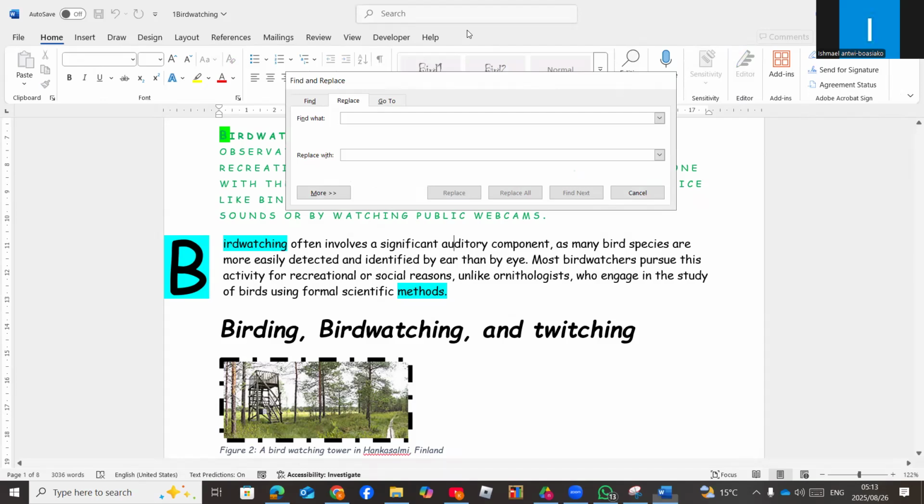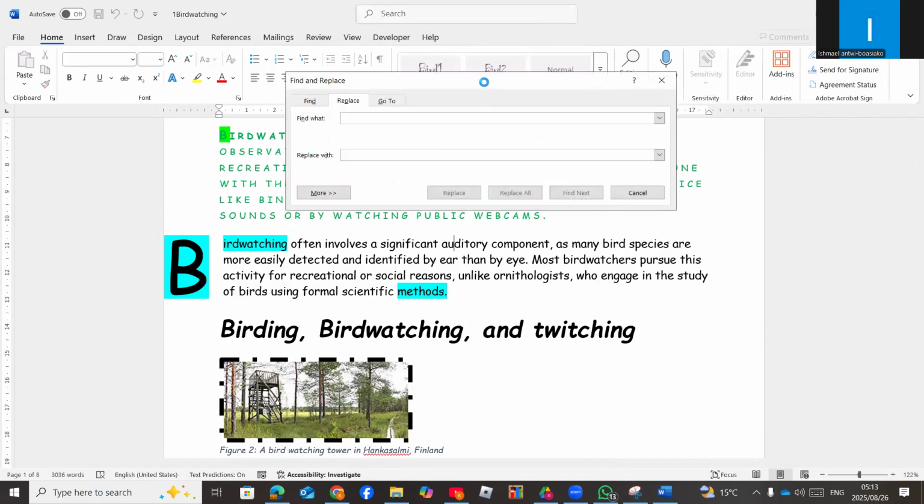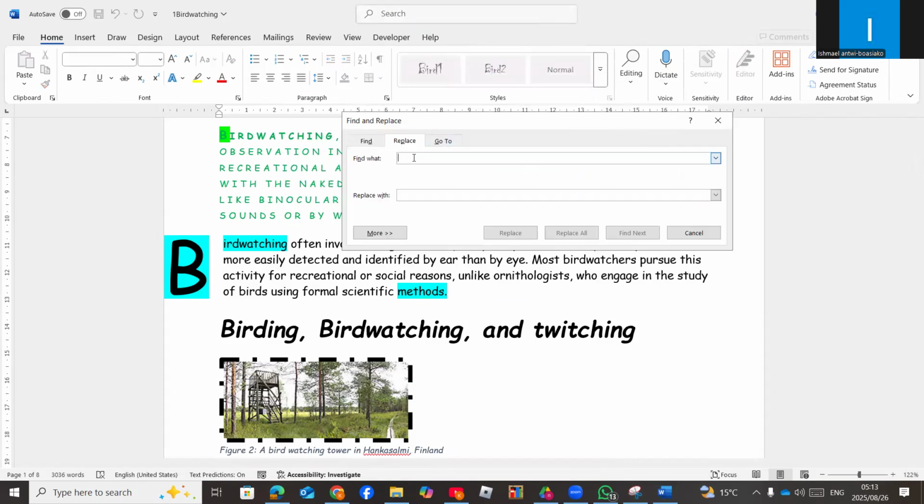Or alternatively, just go to search and then you type replace. Whenever you are solving a find and replace question, just go to the search and then you type replace. Then it will give you find what? You type bedding, replace with the same word,